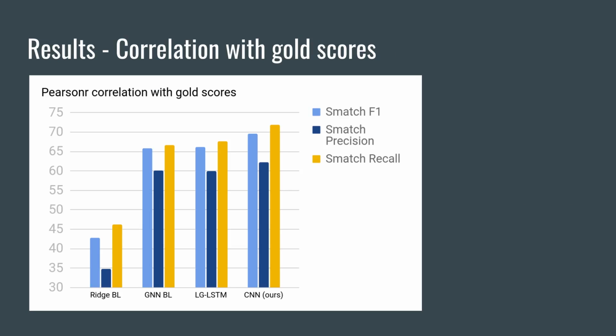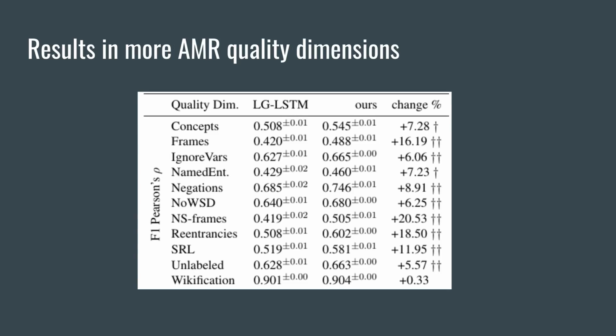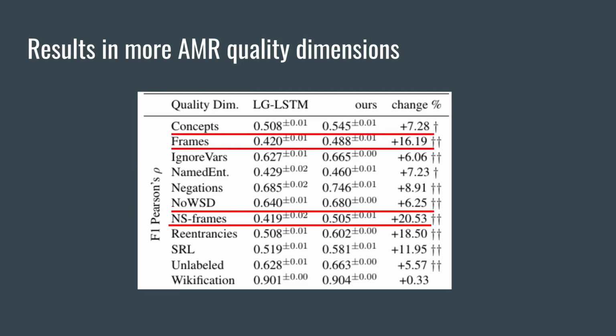And here are our results. This is the correlation with the gold scores, and we see that our simple convolutional neural network outperforms the best baseline in estimated SMATCH F1 by 3 points, in estimated SMATCH precision by 2 points, and in estimated SMATCH recall by 4 points. We can also predict more fine-grained AMR quality dimensions, and here we see that our model produces better estimations of frame quality, both for predicates with labeled senses and for predicates without senses,